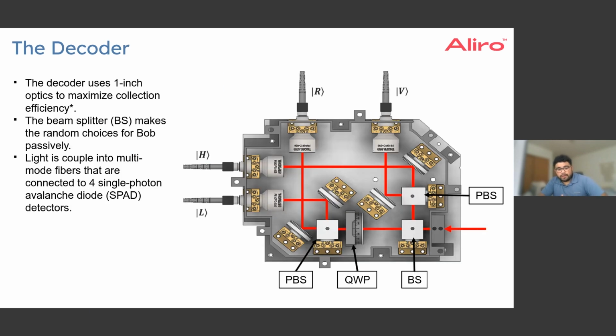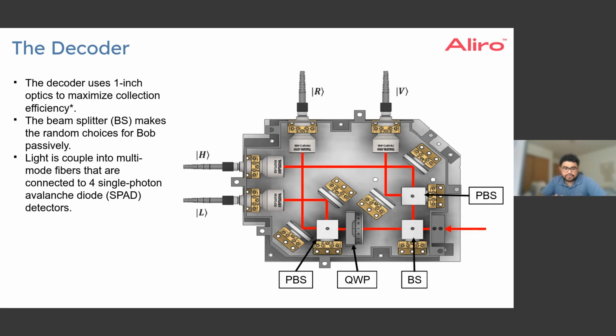And so now for Bob, on Bob's side, there's a similar setup for the decoder, where instead of using half-inch optics, we use one-inch optics to maximize the collection of light on Bob's side. So on Bob's side, he randomly chooses in which bases he's going to measure passively by using a beam splitter that you see here on the bottom right. That chooses whether the incoming photon will be measured in the rectilinear basis or in the left and the circular basis. And by using, again, a series of quarter wave plates and